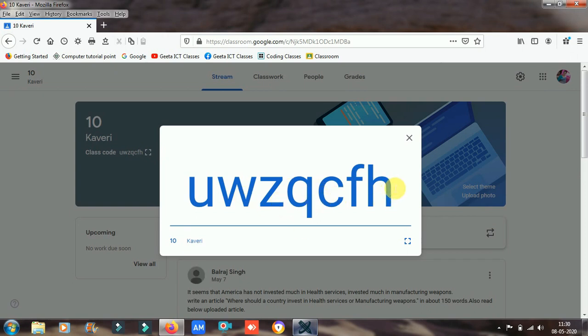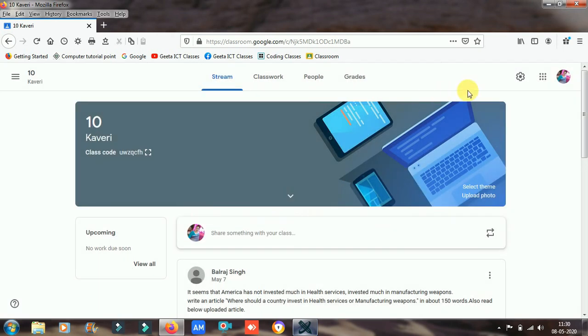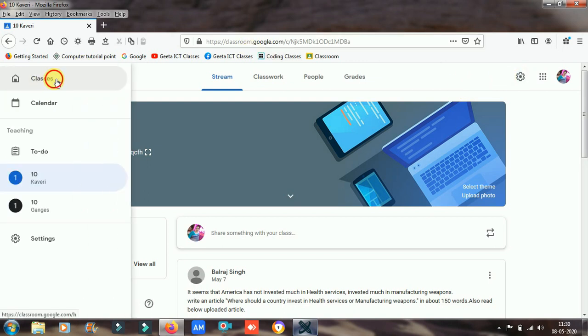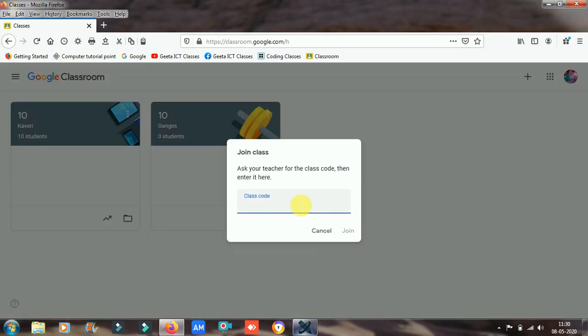You need to copy this code, and if anyone sends you the code of the class, you just need to copy it, paste it here and join. That means you have joined the class with the help of the class code.